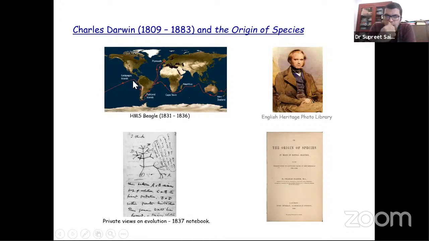And along the way, he's a meticulous note keeper. He's making notes, he's collecting samples, he's constantly sending samples back to England. And by the time he gets back to England in 1836, he's one of the most celebrated naturalists in all of Europe. And surprisingly, even though The Origin of Species was published in 1859, 23 years after the voyage had ended, as soon as the year following his return to England, Darwin, in one of his private notebooks,